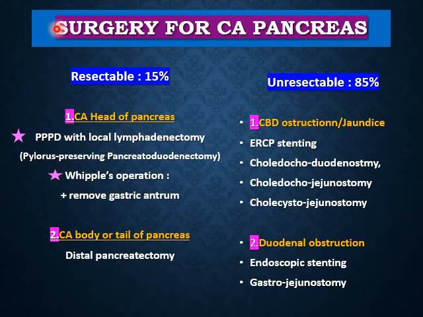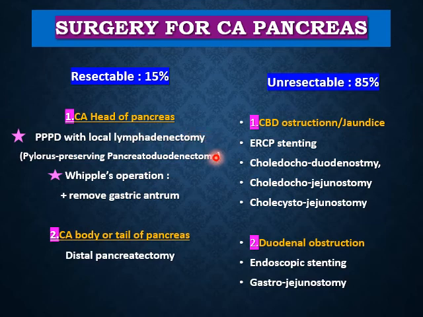Okay. This last slide summarizes the surgery for carcinoma of the pancreas. There are two groups of patients. Resectable, 15% of the patients, the tumor is resectable. So in these cases, you have two main situations. One is carcinoma head of the pancreas, where a pylorus preserving pancreatoduodenectomy or PPPD with local lymphadenectomy is the treatment